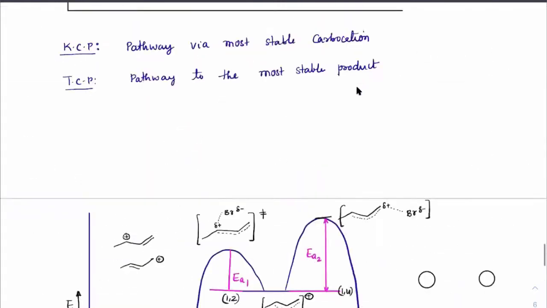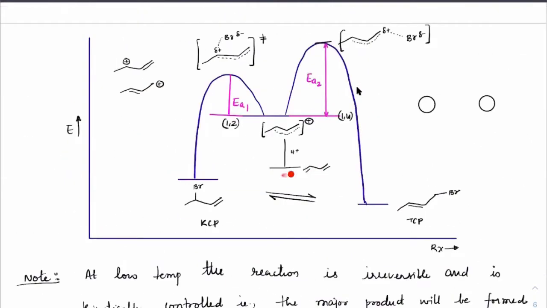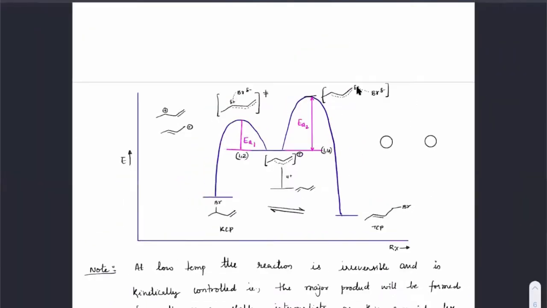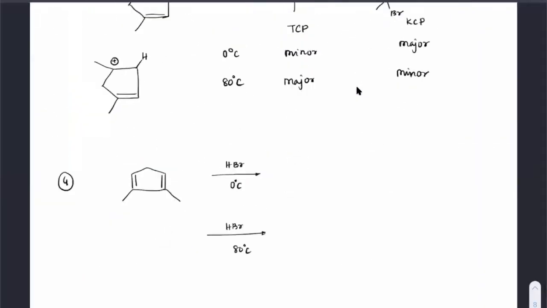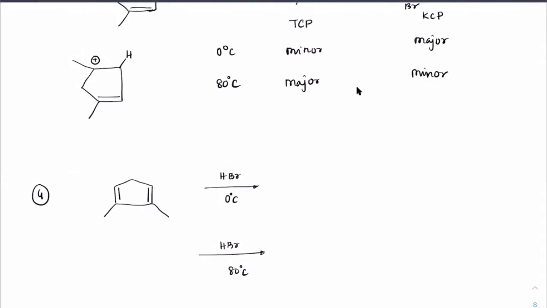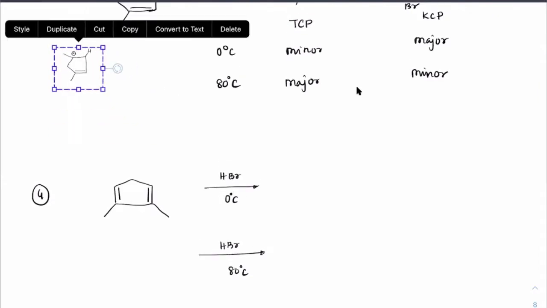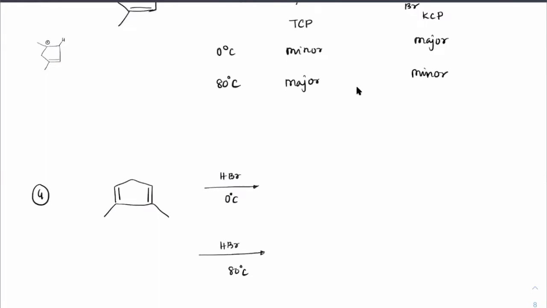Just go back to the mechanisms. What would we do? From the reactants, first we have to reach the more stable carbocation. From there, TCP or KCP is decided, beta. Clear? Okay, sir. Good thought though, okay? But next time in the exam, make sure you avoid that. First you have to make a more stable carbocation, then you have to think about TCP and KCP.